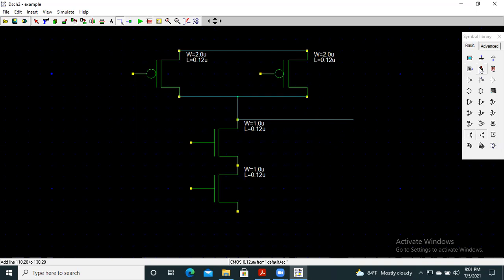We are using a lamp for taking the output. We have to give the input. We use this button symbol for providing input. We have to connect each input with one PMOS and one NMOS to complete the circuit. By using add a line, we can connect one NMOS and one PMOS.